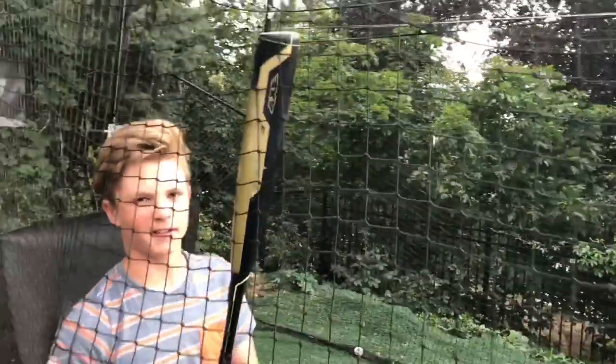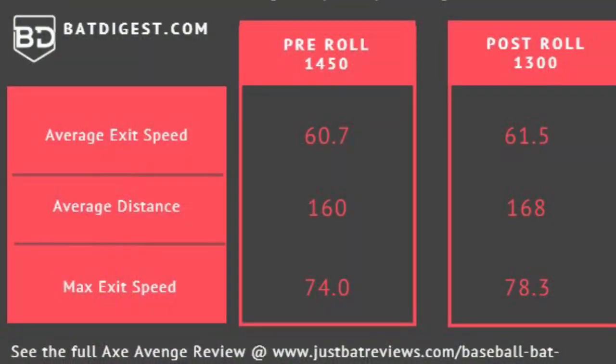So what did we learn? Well, probably what we already knew, that a worked-in composite bat can in fact hit the ball faster than a bat that is not worked in. Our data here shows we're hitting it about 8 feet further, about a mile an hour faster. Not a crazy amount though. And I think a lot of people think when they roll their bat or get their bat rolled, it's going to be some dramatic difference. At least according to this, not a ton of difference, but definitely enough, I think, to show